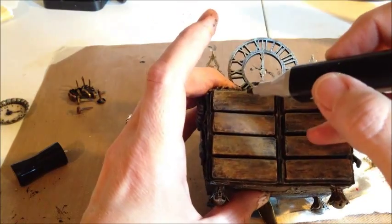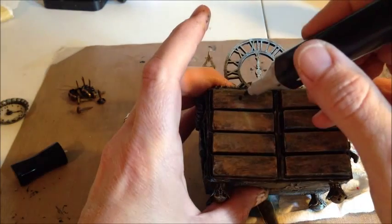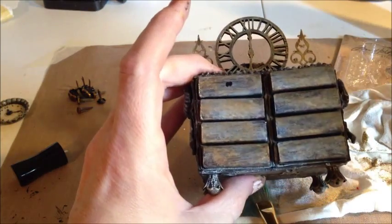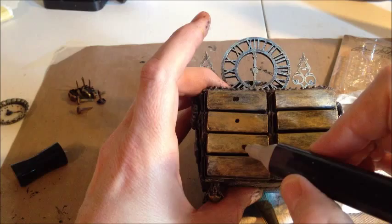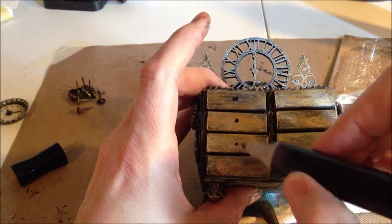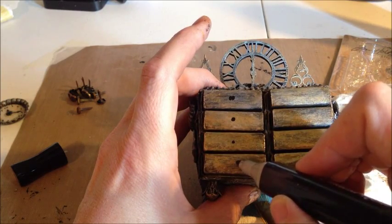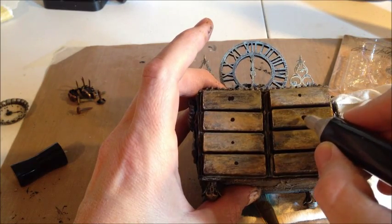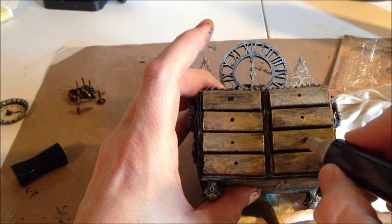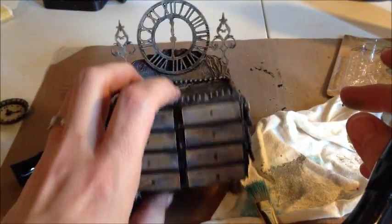and I just mark the fronts the best that I can, the middle, and that's not it. About there. A little bit nerve-wracking doing this on camera. So just pretty much like that, and then I take the drawers out,